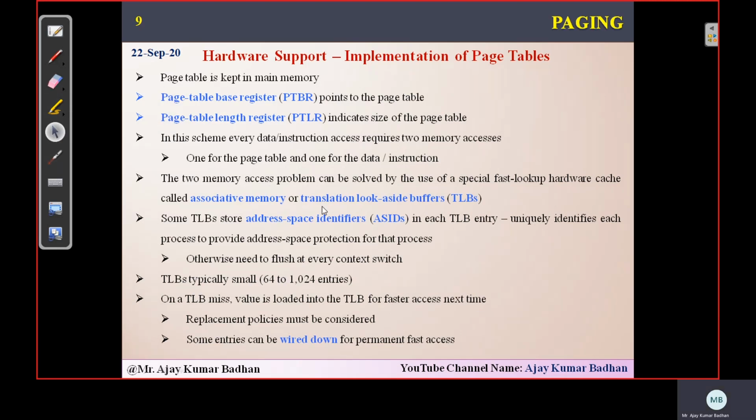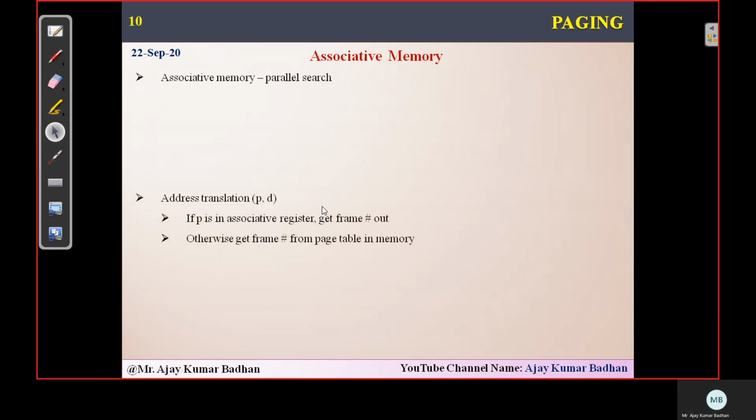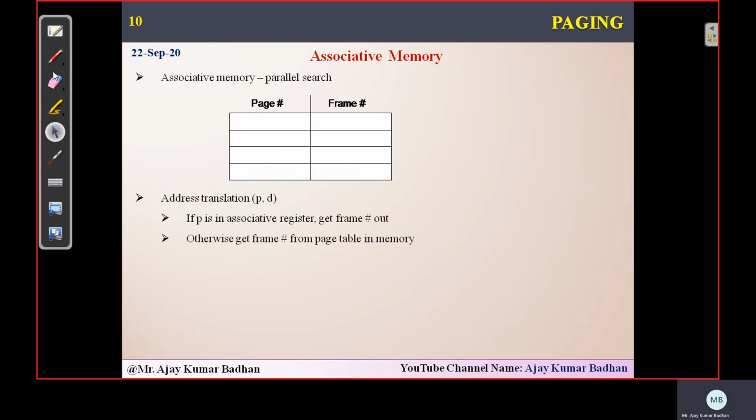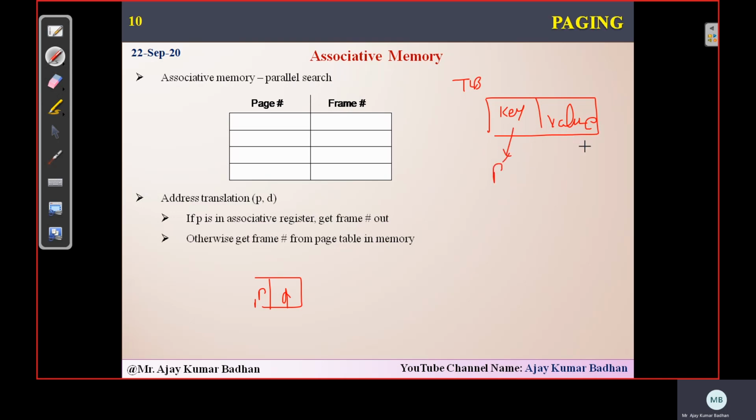Just let me erase it. Okay, fine. So that is the page table, but we are talking about the TLB buffer, right? Your TLB buffer will consist of two slots. Like the CPU generates a logical address P comma D, in the same way your TLB also consists of two different locations. One is called the key, another is called the value. Remember, the terminology is different, but the remaining process is the same. Key is nothing but your page number, value is nothing but your frame number.